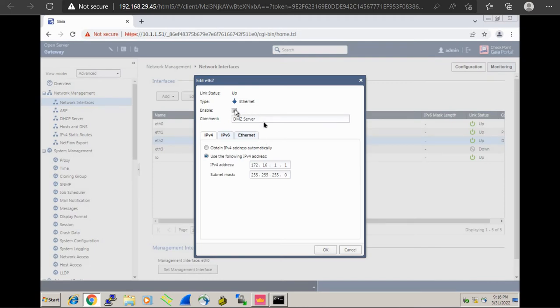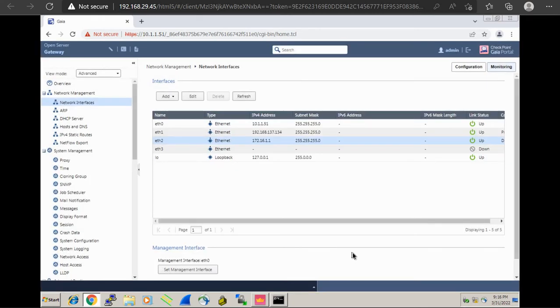You just have to enable this port. I have given the name as DMZ server, and just put the IP address 172.16.1.1 and set OK. Once you set this IP address, the next and very important task you have to do,